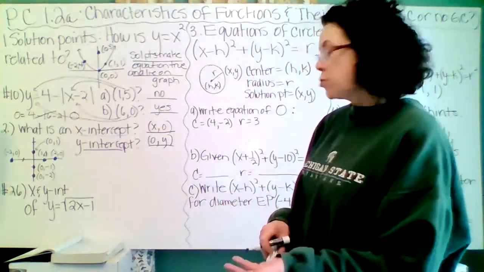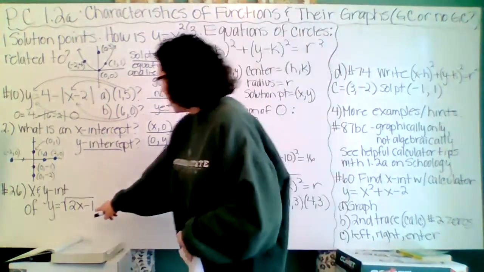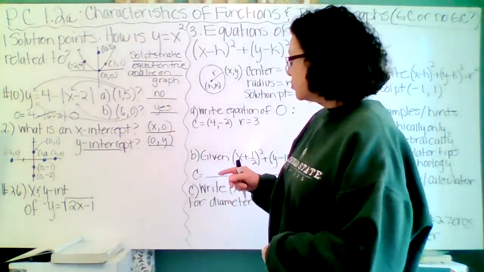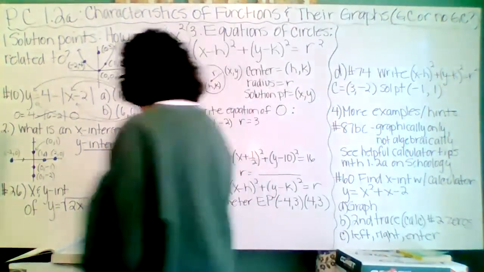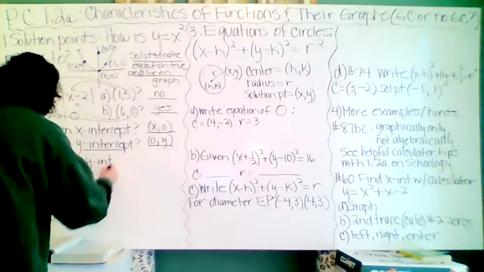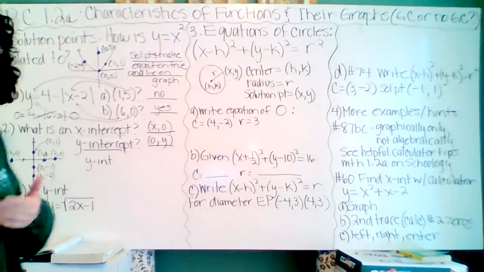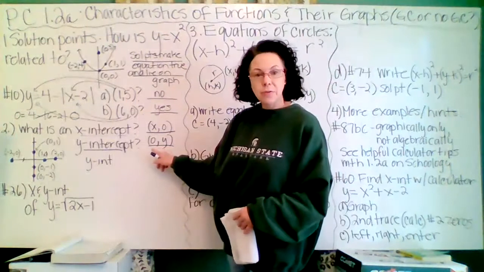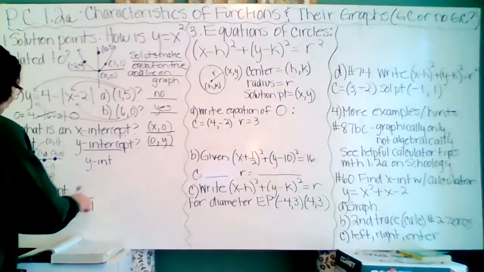Okay, so let's try number 26 from your book. They are looking for the x and y intercepts of y equals the square root of 2x minus 1. Okay, so to tell you the truth, I always do the y-intercept first because it's so easy to put 0 in for x, right? So let's get the y-intercept. The way we get that is we're going to have y, and if we're looking for the y-intercept, we need the x to go. So it makes sense that we put in a 0 for x and we're looking for the y. So to find a y-intercept, we put a 0 in for x,